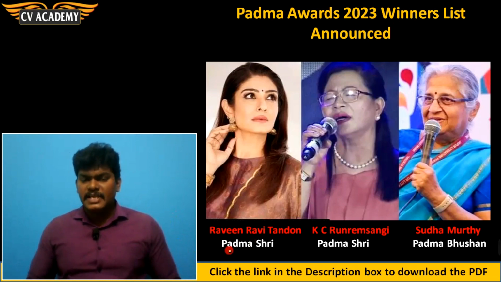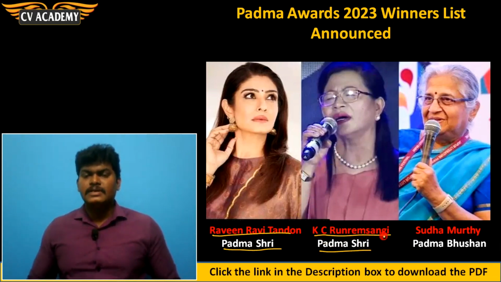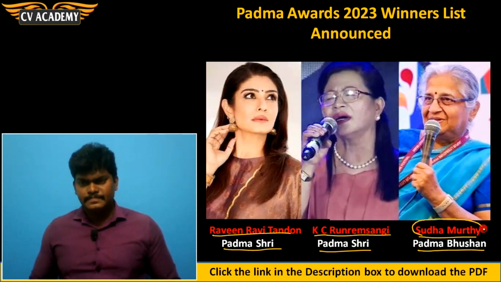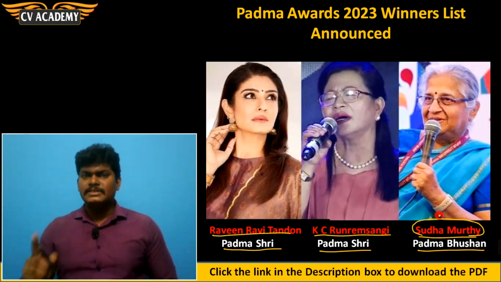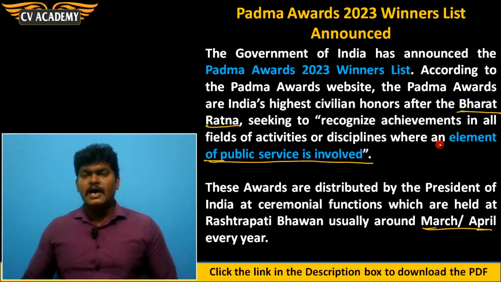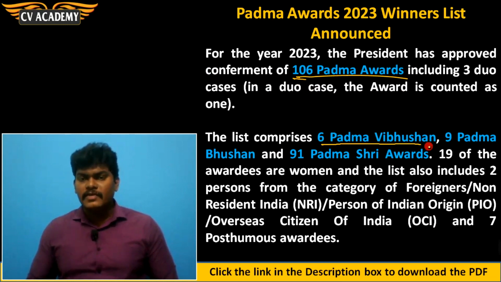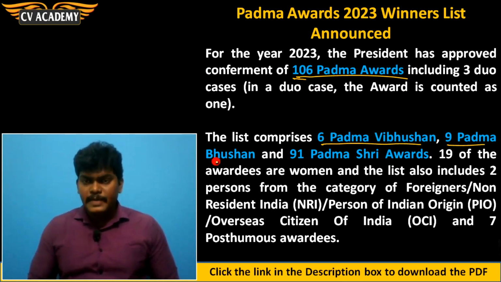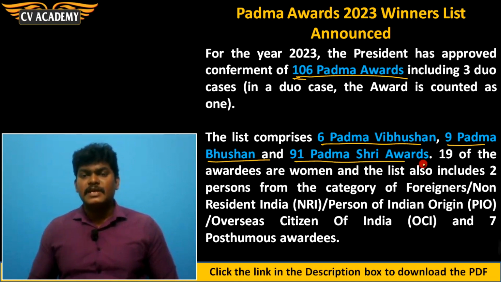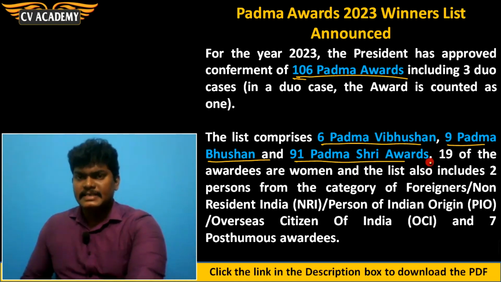So Padma Shri Award is won by Ravina Tandon. Padma Shri Award is won by KC Randram Sanghi. Then Padma Bhushan Award is given to Sudha Murthy. Not only these 3 persons have won the award, many people have won the award. Around 106 Padma Awards were given. So 106 Padma Awards were chosen for this year. So in that, 6 Padma Vibhushan Award is given, 9 Padma Bhushan Award is given, 91 Padma Shri Awards is given. So in that list,